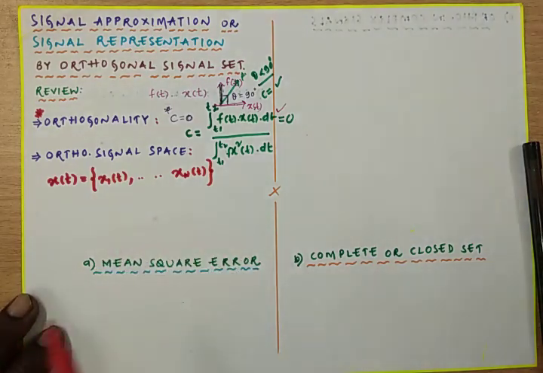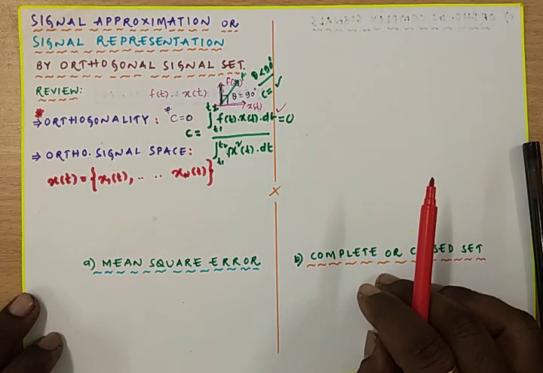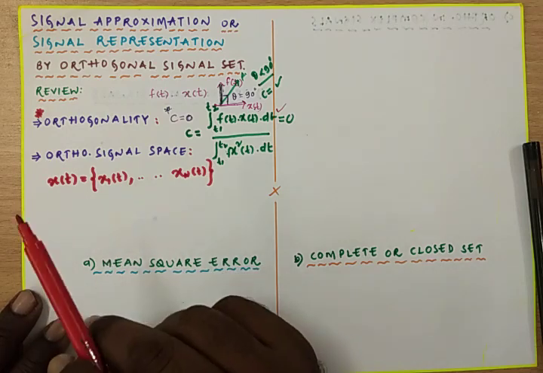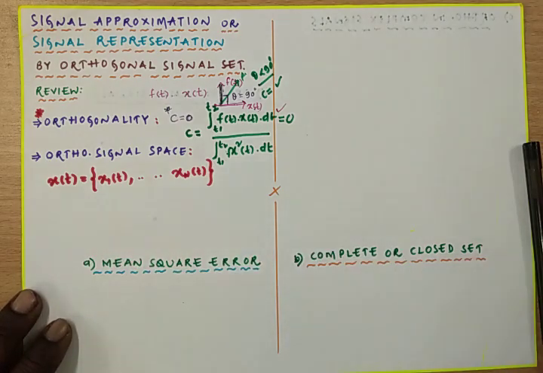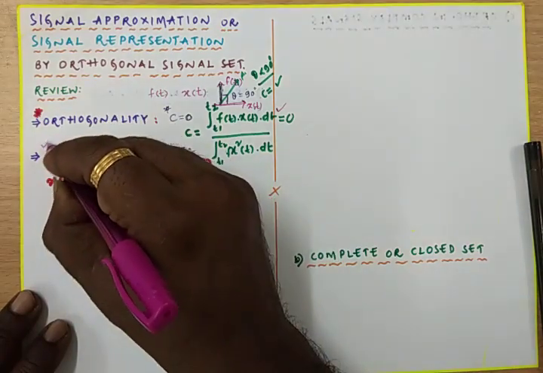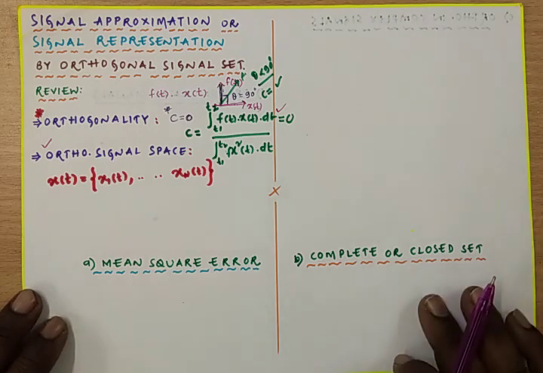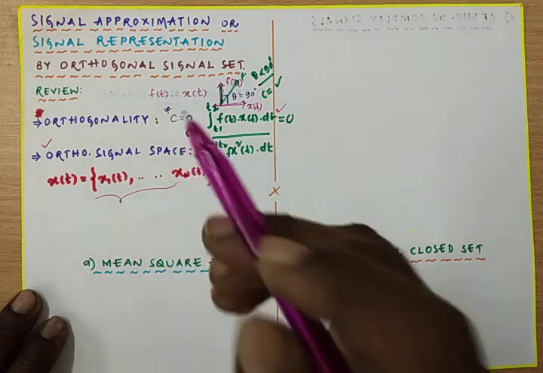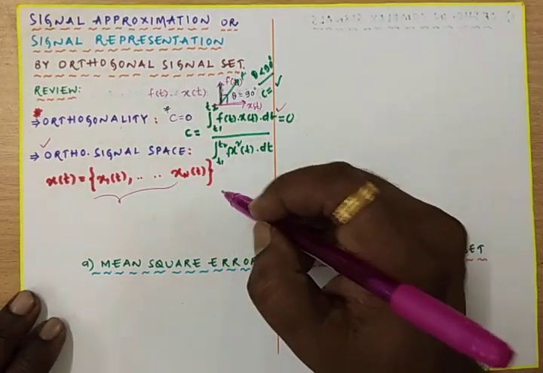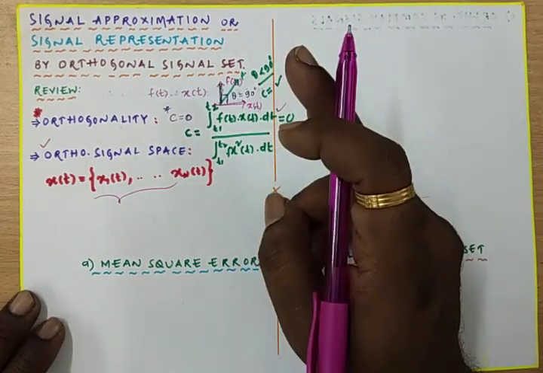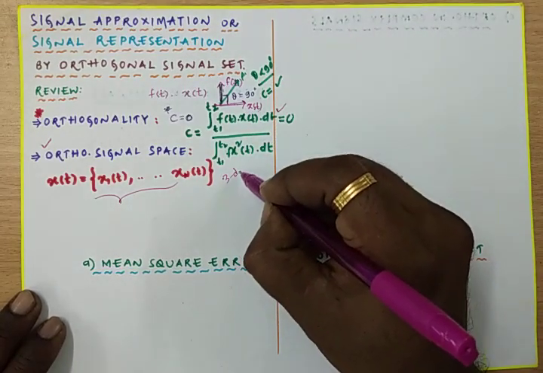Here all these signals x1 of t to xn of t are mutually perpendicular to each other. In that case, when more than two signals are orthogonal to each other, that phenomenon is named the orthogonal signal space. When more than two signals are orthogonal to each other, we can call it an orthogonal signal space. By making use of the orthogonal signal space, if we use three signals such as x1 of t, x2 of t, x3 of t,